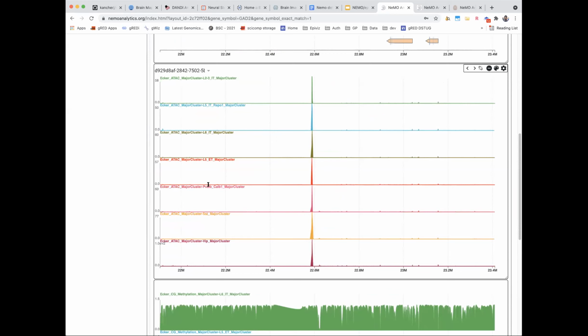So yeah, this is how the data is stored in NEMO Archive. At least when I first registered, this is how it starts: it's the lab and the experiment. So this is an ATAC-seq experiment. When they perform the clustering, this is a major cluster, and then the cell type, and then I guess the major cluster again. Brian can correct me if I said something wrong here. No, you're fine. Yep. All right. Was there anything else?